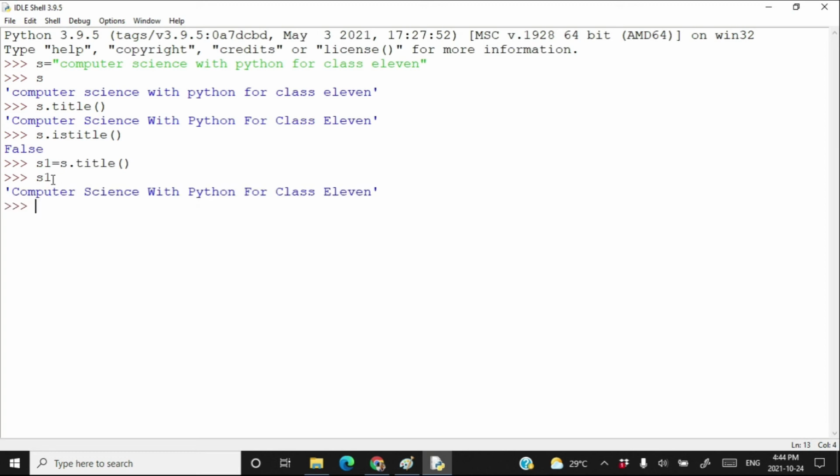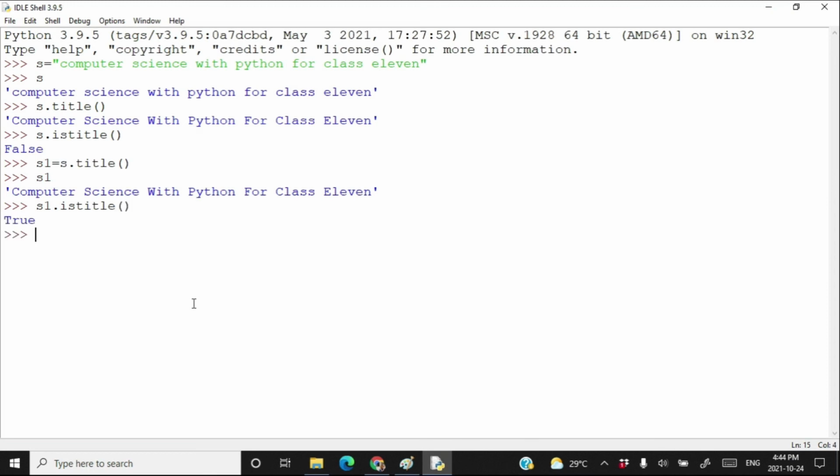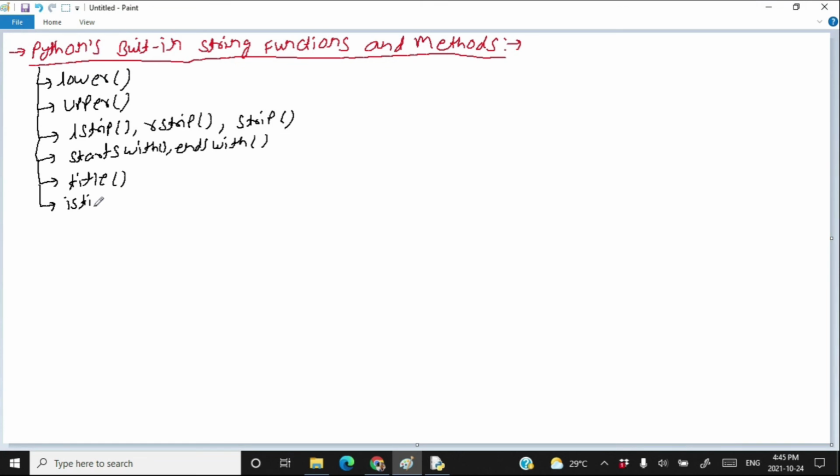You know that the string s1 is now a title. Then you check if s1 is title or not. True. All the words of this string start with a capital letter. That's why s1 is a title now. So apart from the title method, you have something called the istitle method.